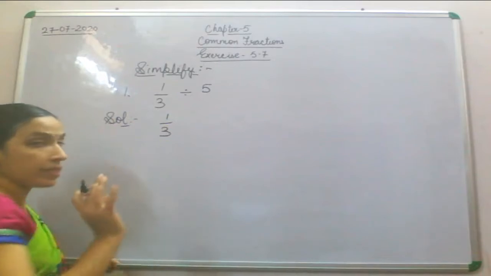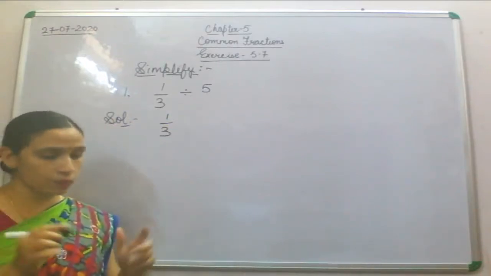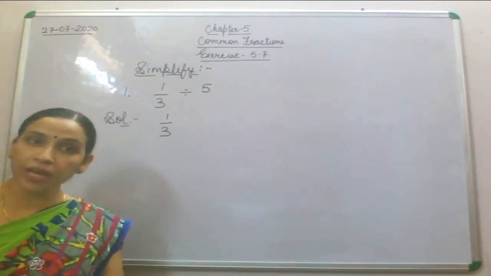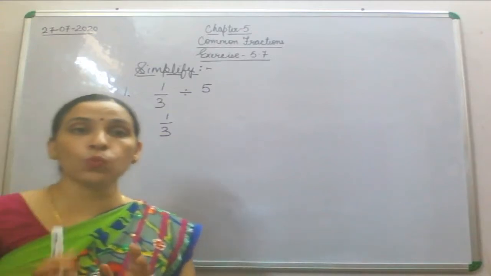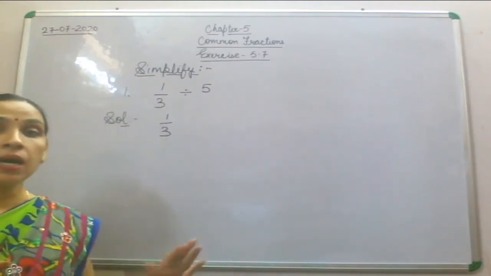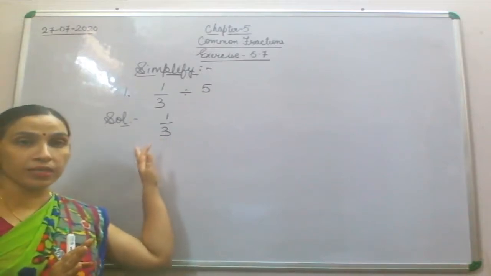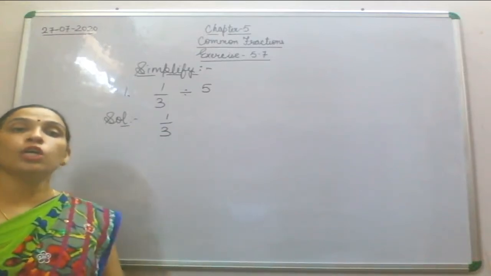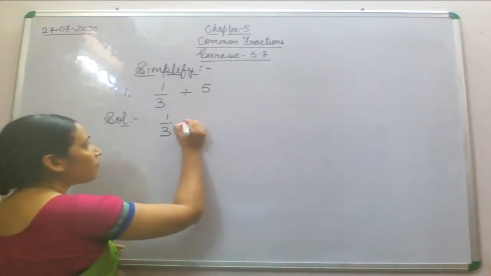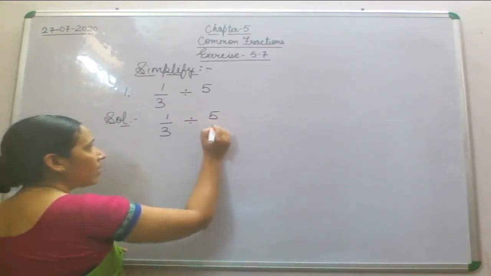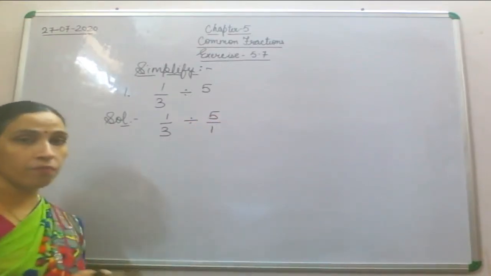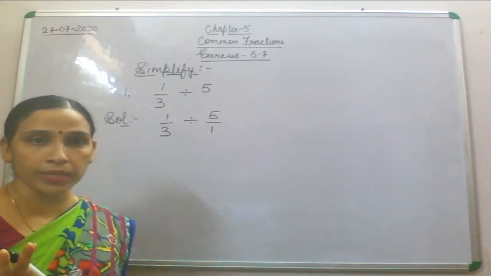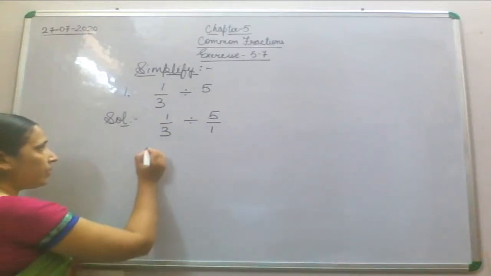Okay, one more thing in this. 1/3 is what kind of a fraction? Unit fraction, because a fraction which has 1 in its numerator is called a unit fraction. So this 1/3 is your unit fraction. That will be divided by 5, which is a whole number. Now we will write 5 by 1. Whenever we don't have anything in the denominator, what will we write? We will write 1 over there. Fine.